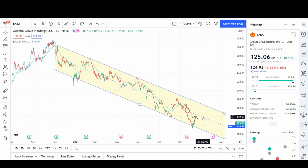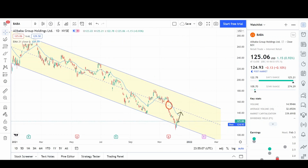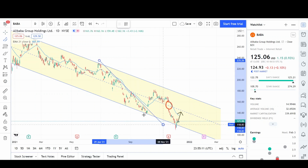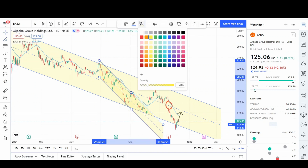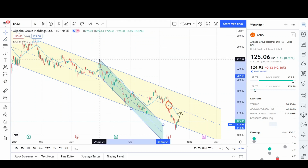But I think eventually it gets cleared up. You've got to be patient. But let's just go ahead and take a look at this downtrend. You can see that there was another little downtrend inside of the major downtrend. I think this one's already played out. I know definitely this one's already played out, just because we had a break outside the channel and a move